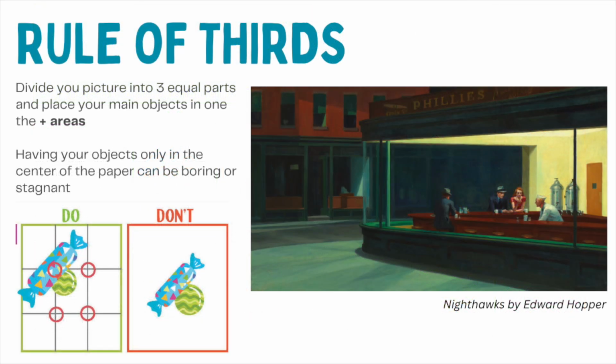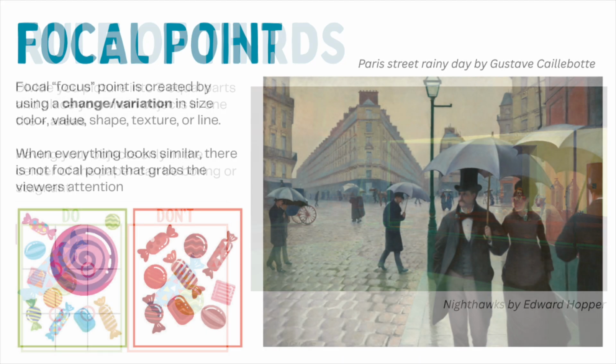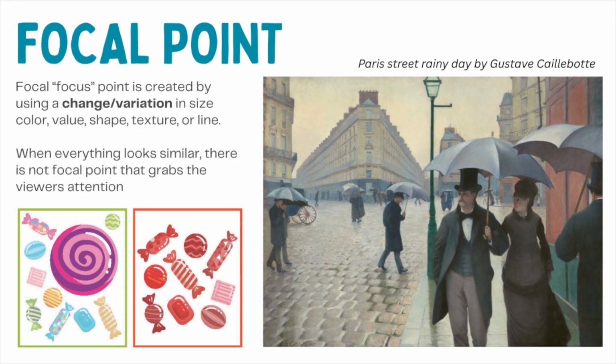The first is putting your subject in the rule of thirds crosshair. We can see in Nighthawks by Edward Hopper how he creates asymmetrical balance with the subject in the lower third of the composition. The second is to ensure you have a focal point by varying the size, color, shape, value,